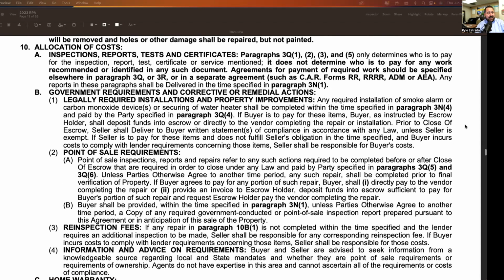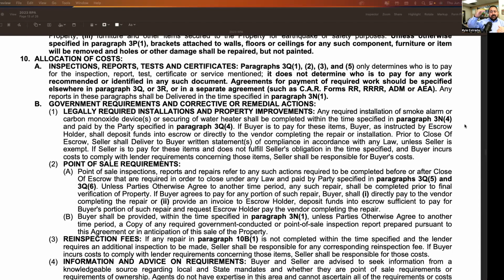Okay, allocation of costs. This is where we get into that section of inspections, reports, certificates, all that stuff, like where we were talking about the NHD report and, if someone were to ask for a termite report, this is what they're talking about here. In that report section, it says right here in bold, it does not determine who is to pay for any work recommended or identified in any of the documents, any reports. Agreements for such payment or required work should be specified elsewhere in paragraph 3Q or 3R, or in a separate